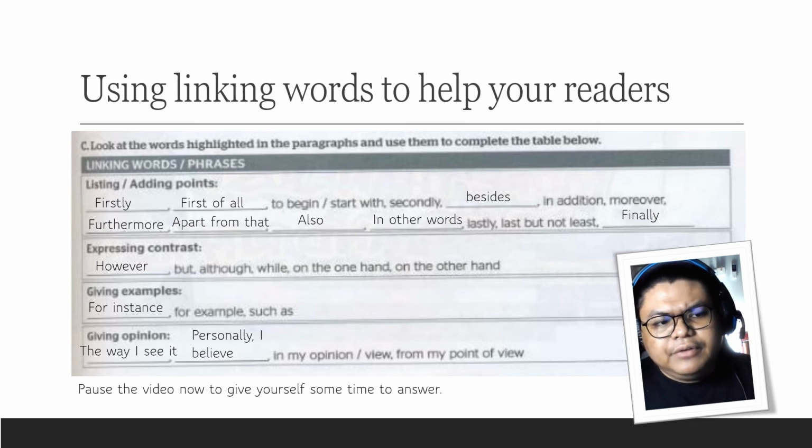Yeah. For expressing contrasting idea, the word that we are looking for is however. Okay. For giving example, aside from saying for example and such as, you can also say for instance, and finally giving opinion. What phrases that you can say is the way I see it. Okay, and also personally I believe. Aside from in my opinion or in my view or from my point of view. Okay,